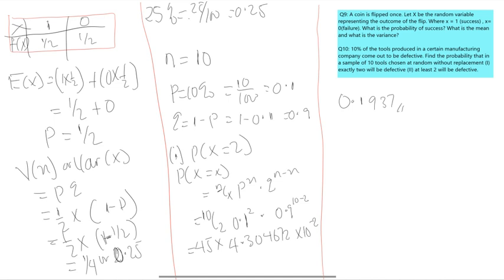What's the probability that at least 2 will be defective? At least 2, meaning that 2 can be defective, 3 can be defective, 4 can be. We're saying at least, which means 2 and above. So now we're looking for the probability that x is greater than or equal to 2, right? And the probability that x is greater than or equal to 2 is equal to 1 minus the probability that x is less than